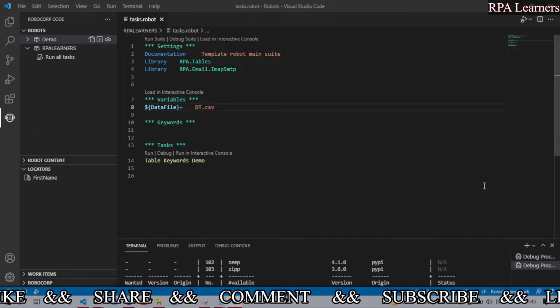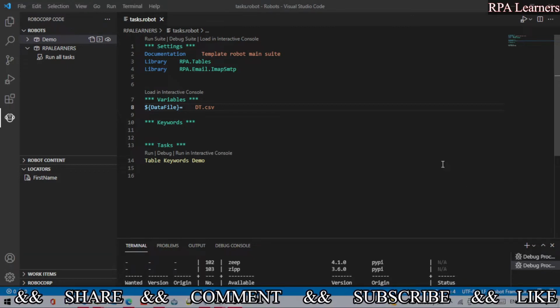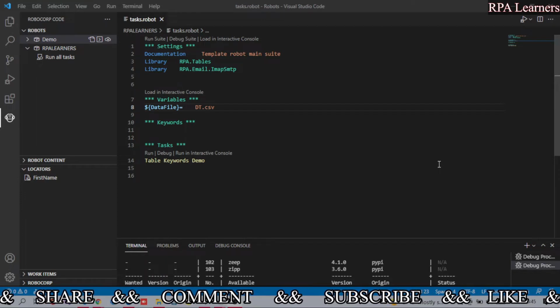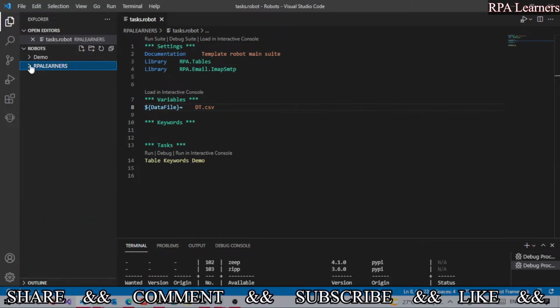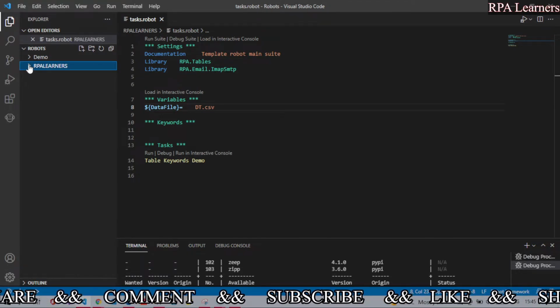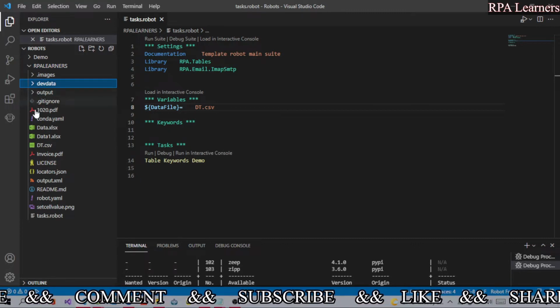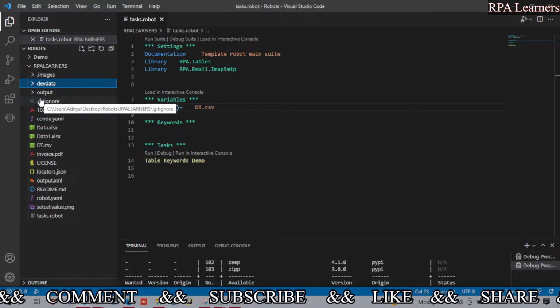We also discussed storing the credentials in a file and using that as secure credentials in Robocorp. Let's see how we can do that. Here we have a folder. In the root folder of Robocorp, we generally have one output folder, and everything else is stored inside our main project folder.